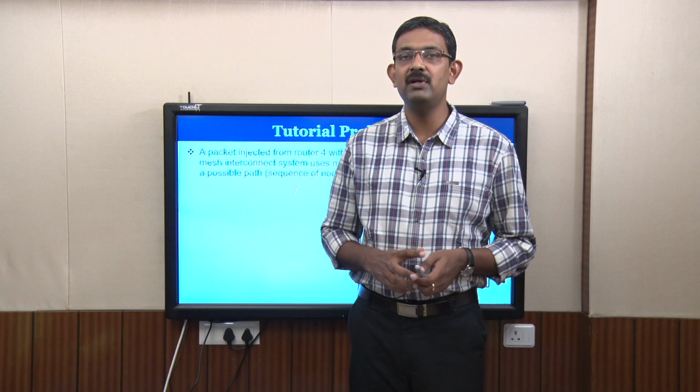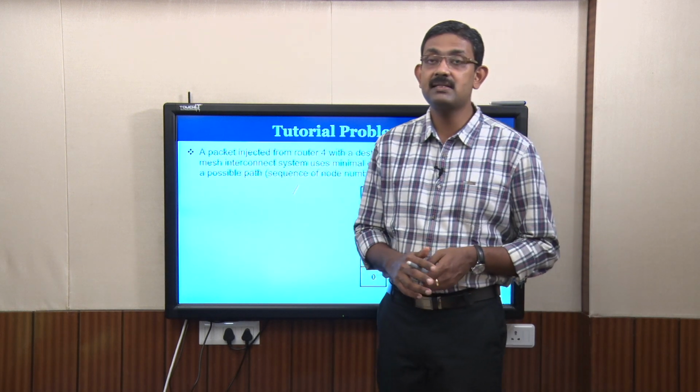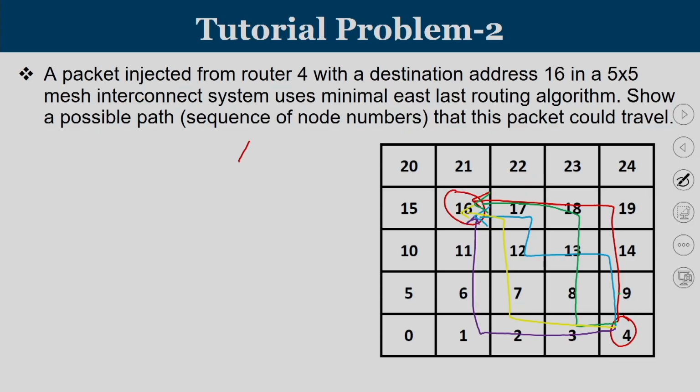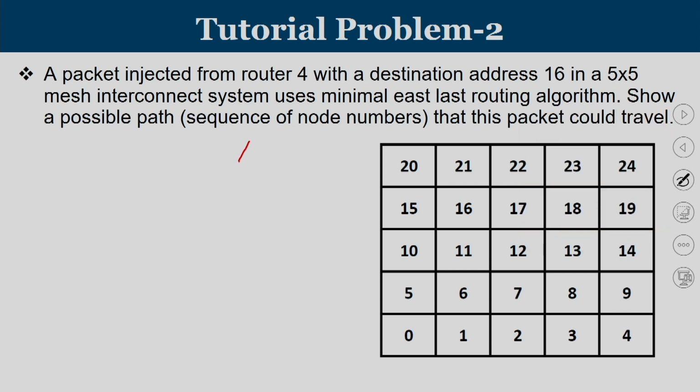But this whole problem will take a different shape had the question been asked, like let us say the packet starts from 16 and moves all the way to 4. So, how are we going to tackle that case? Now, you assume that the source is 16 and destination is 4. So, the packet should start from 16 and go to 4 with minimal east last. Since here you have to travel to east and that east last travelling should be there, the only possibility is you travel like that and then you take east.